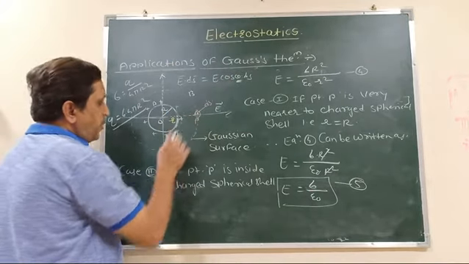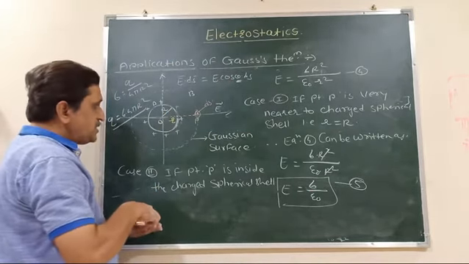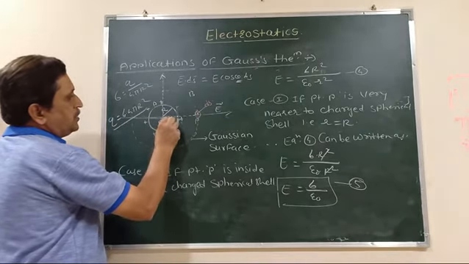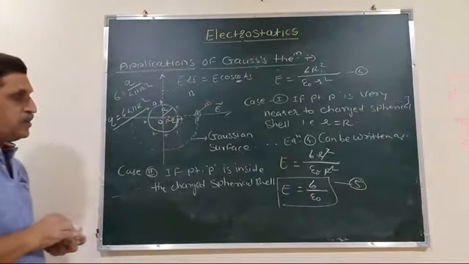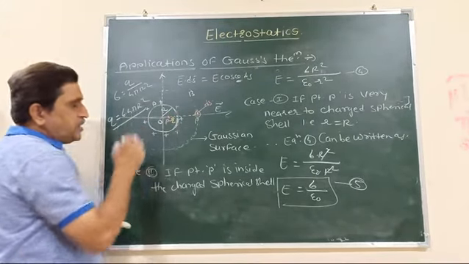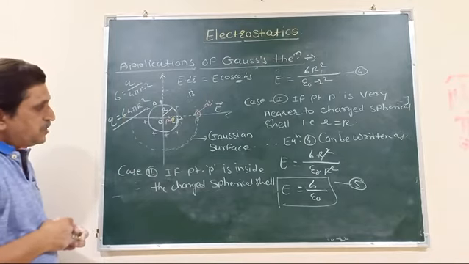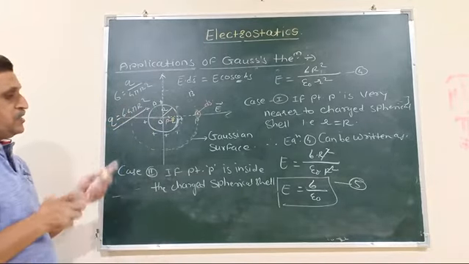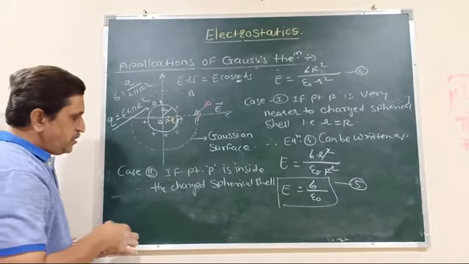Second case, if that point P is inside the sphere, यहाँ पे अगर होगा ये पॉइंट P, तो हम क्या करेंगे, गॉसियन स्फीयर ड्रॉ करेंगे. अंदर ही होगा ये, गॉसियन स्फीयर ड्रॉ किया तो उसमें क्या होगा, no charge will be enclosed in that sphere. तो इसमें हम क्या लिख सकते हैं,